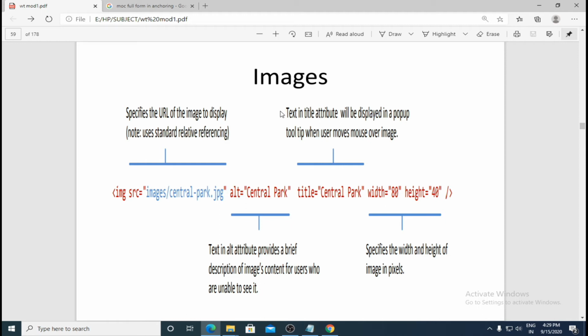Next, text in the title attribute will be displayed in a pop-up tooltip when the user moves the mouse over the image. So when a user moves the mouse over that image, the title value which you have given, Central Park, will pop up around that image. The last one specifies the width and height of the image in pixels.